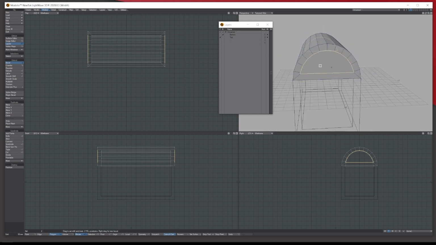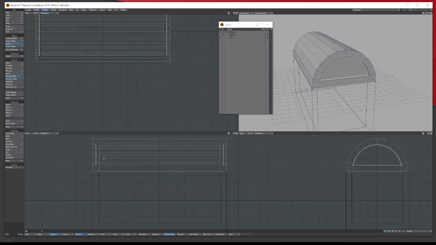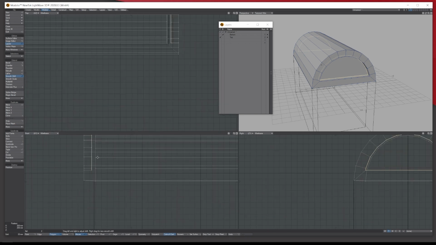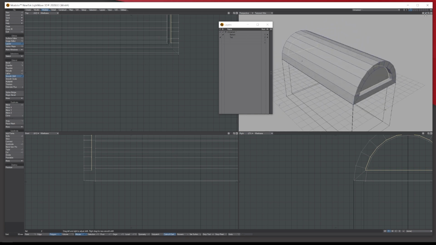I think that's enough. Okay, then while the polygons are selected, go to smooth shift and bring them in the side so you can see them coming in, and bring them in how far you want. Don't overlap this inner line of edges here, because you're going to be bringing it into the inside. But I don't need it to go that far anyway. I think that's more than enough. So let's just stick with that.